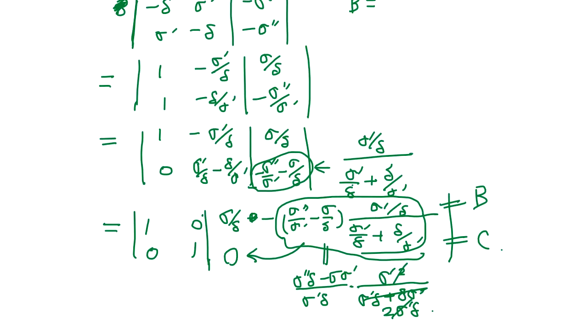Sigma prime is going to cancel out, so delta sigma prime, delta, to delta sigma prime, and this cancels out, so